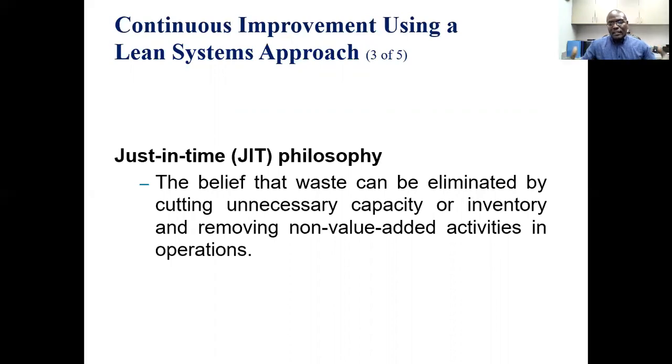So if we expect to be using 10,000 parts of a given product on Monday, a just-in-time philosophy might be such that we expect our supplier to deliver product to us right before it's needed to go into production. So this obviously requires a very efficient communication process between the manufacturing entity and the suppliers,